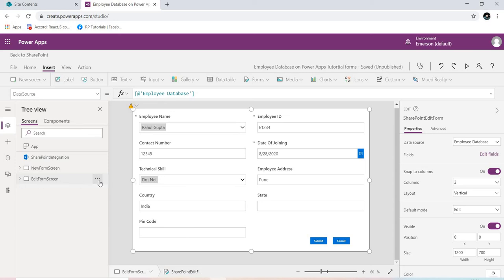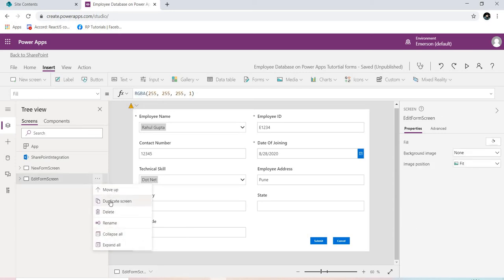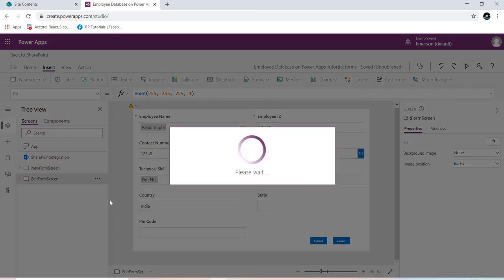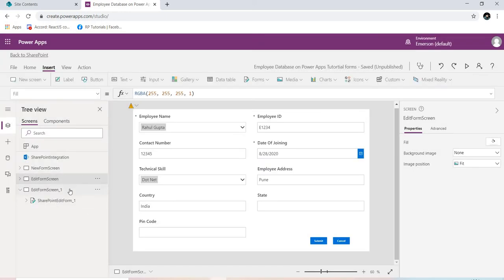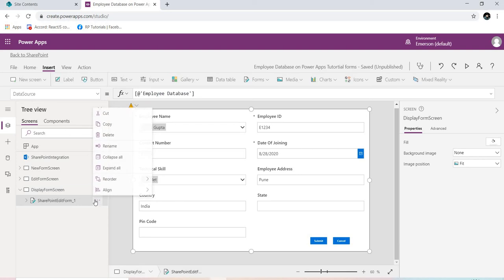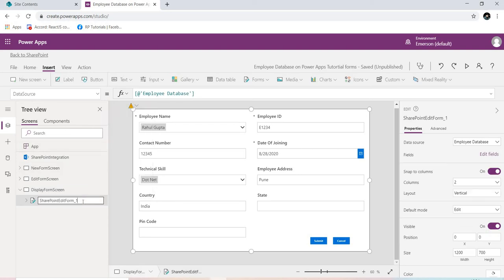Now we want the same thing for the display form. So I will click on duplicate screen again. And then we'll rename this to display form screen, and similarly rename the SharePoint edit form to SharePoint display form.